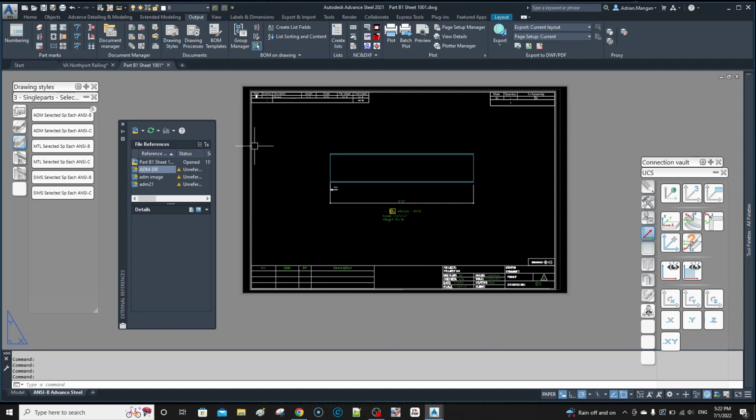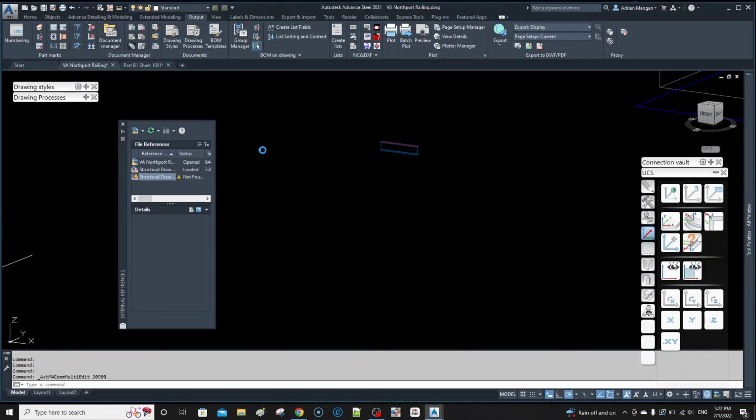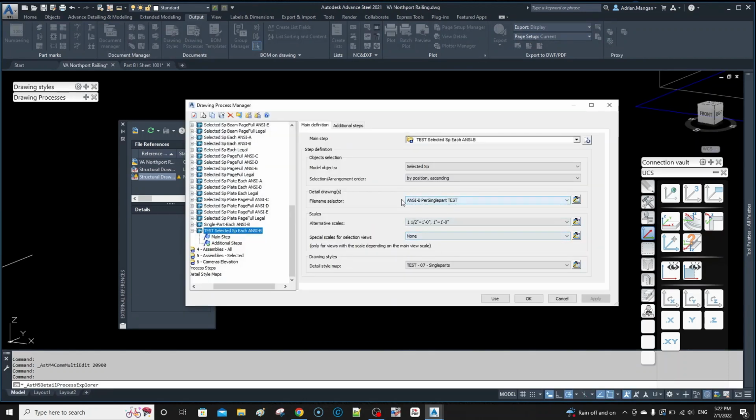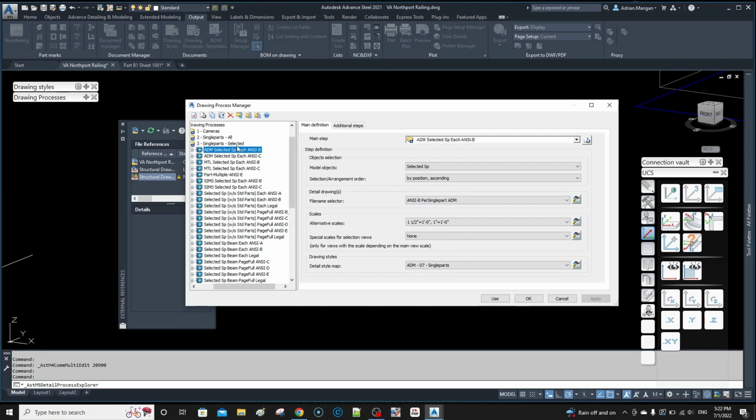It's pretty simple. Just be careful when you go in, because I have had issues with changing these here, the file name selector, and it changing back to like a previous one, which is really weird. But I think I have to close out and go back and check it, and then I kind of ironed it out. So you can see this should be ADM, that's ADM. The next one should be ADM. You can see it's not ADM. And B should be MTL, and it's not. And this one, so you know, there's some issues in here that have to be fixed. It's a kind of an ongoing thing, but